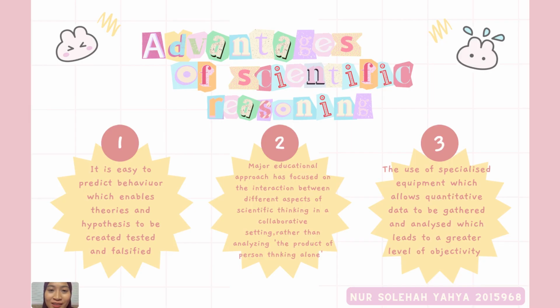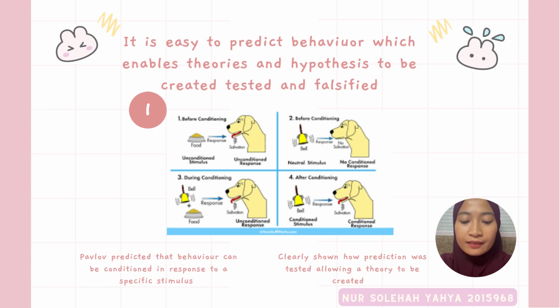Next, I will proceed to the advantages of scientific reasoning. The first advantage is it is clear to predict behavior, which enables theories and hypotheses to be created, tested, and falsified. Pavlov